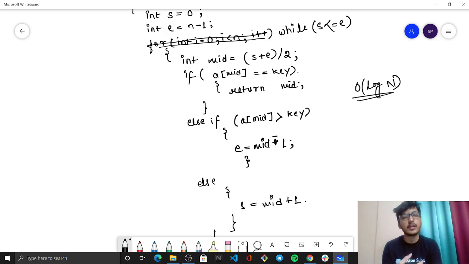If it is unsorted, you can do it via linear searching method, as well as you can sort the array and then do the binary searching method as well. So that is it. I don't think that binary searching में कोई difficulty हो रही होगी समझने में.